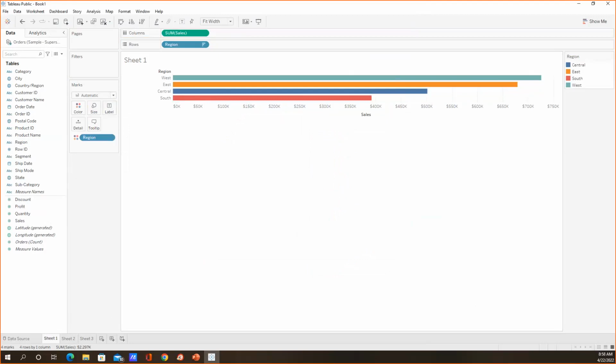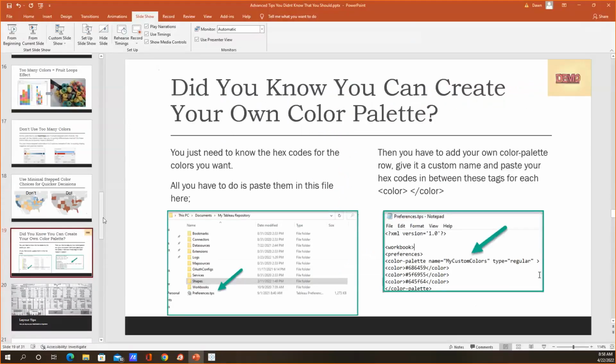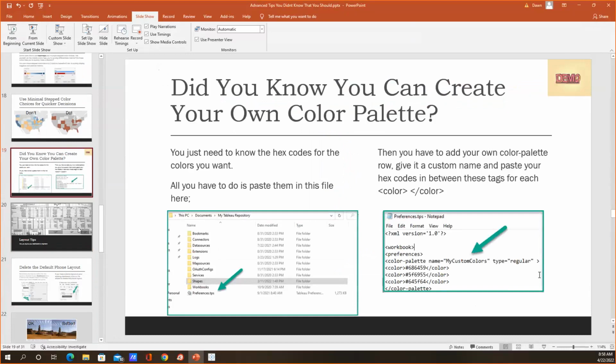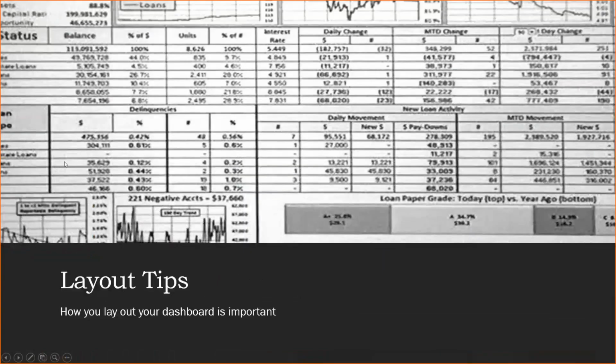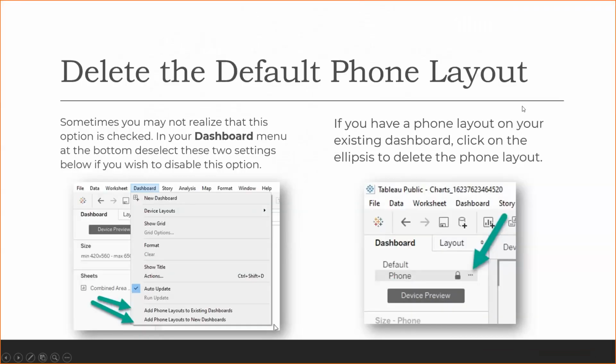So the next one, okay, I went over those tips, and so going into layout, layout is pretty important. Maybe you're familiar with Excel and you've received a spreadsheet where it's all over the place, with nothing but numbers. It's too much for the eye to see. So you want to make sure that your layout is